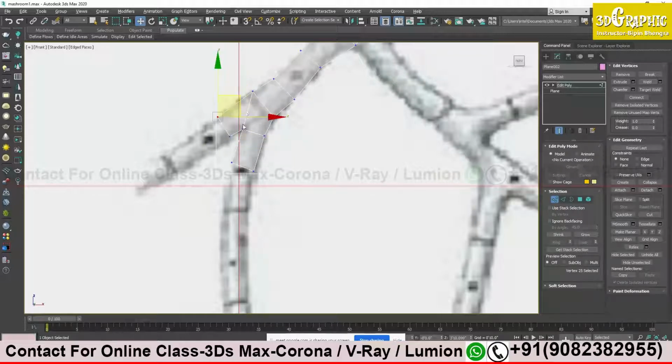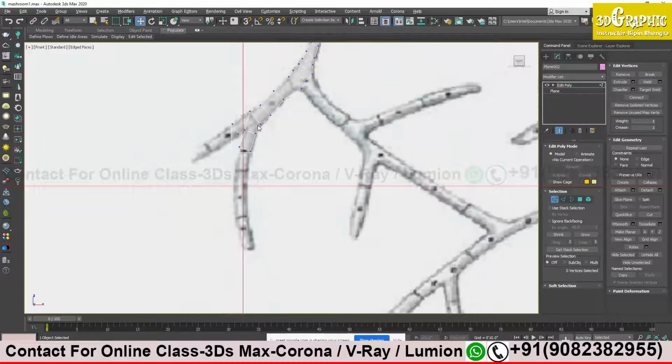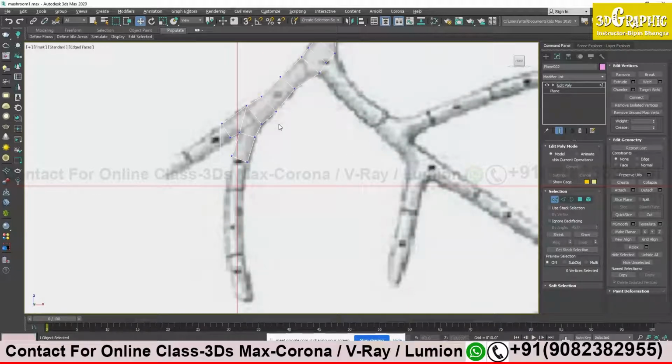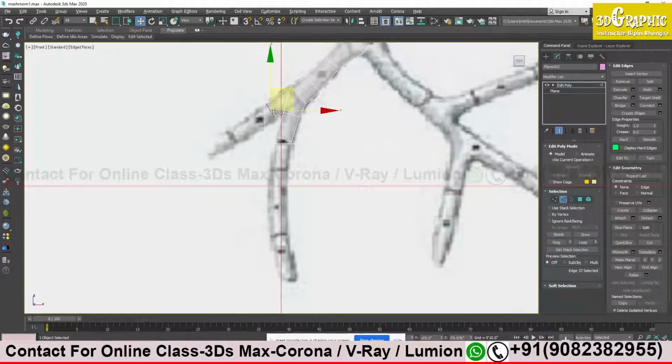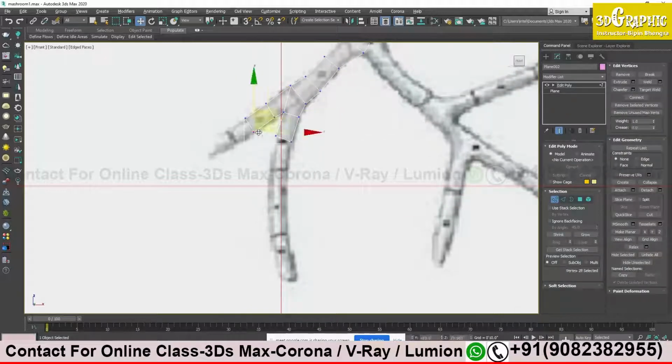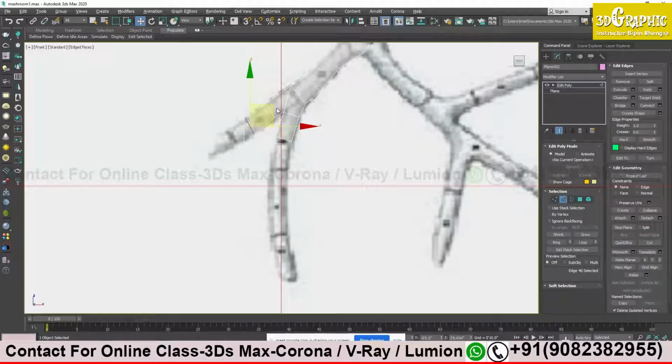Whatever edges or vertices I had, I just created with the help of that only, and it is nicely done. Simple to understand. Okay, fine. So I continue from here. Again I will click and drag 1. Again 2, press over here.